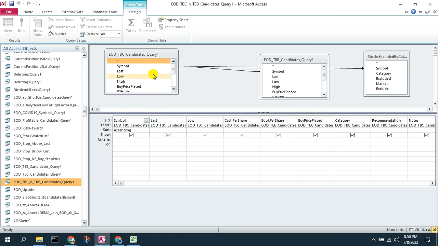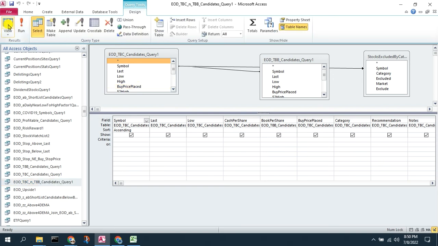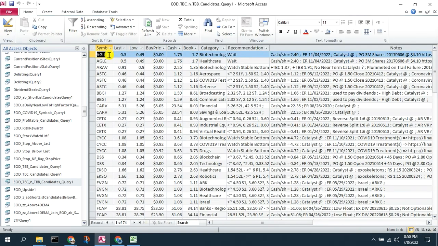And then this query combines them and says, okay, only show me those stocks that are both trading below cash and trading below book and are not otherwise excluded. So again, this shows us cheap value stocks currently trading below cash and trading below book. If I run that query, we'll get a number of stocks. We'll get some duplicate records because it's also picking up the categories, and stocks are listed in multiple categories,